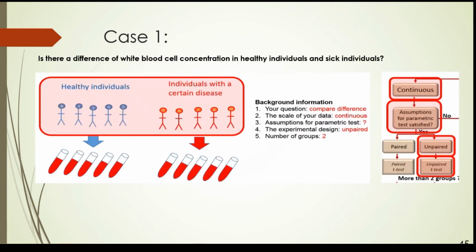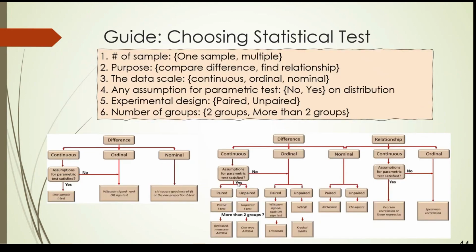So by right, they should, because we do not know whether there's any parametric, whether there's normal distribution or not, right? So we will use unpaired t-test for yes as well as no. But it's already ordinal, right? It's already ordinal, so we cannot, because this one is continuous. So definitely we are just using unpaired t-test. We cannot use Kruskal-Wallis because that one falls under ordinal, and then we know the white blood cell concentration is continuous, not ordinal.